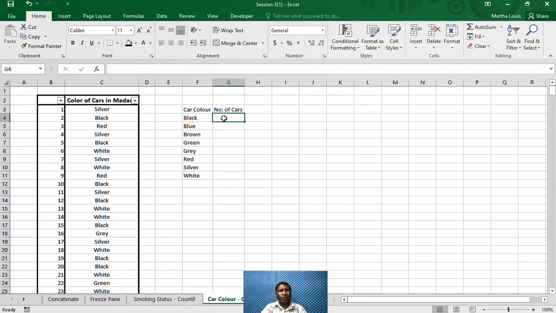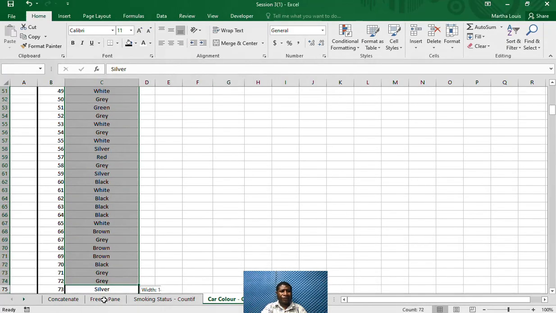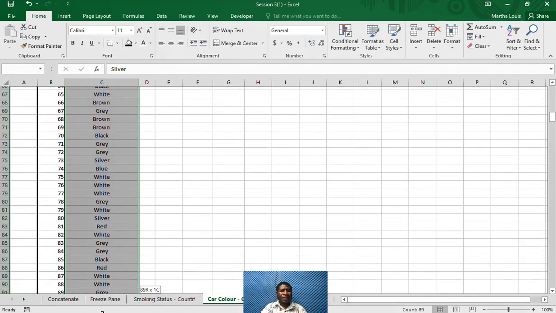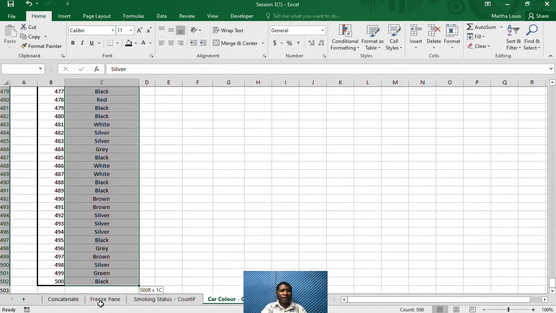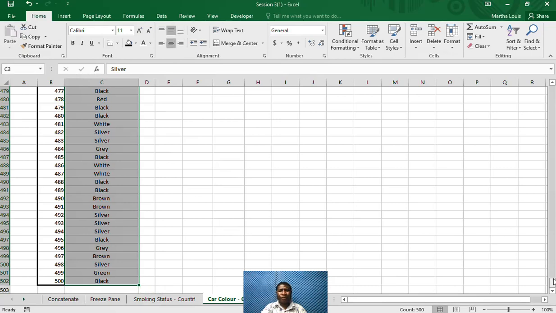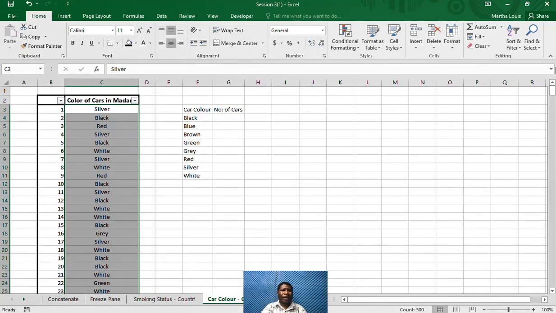Before I use the countif function, I highlight the range of cells first, and then give a name to this range that I have highlighted. While it is still highlighted, you go to the name box, click inside the name box and type color. Press enter on the keyboard,